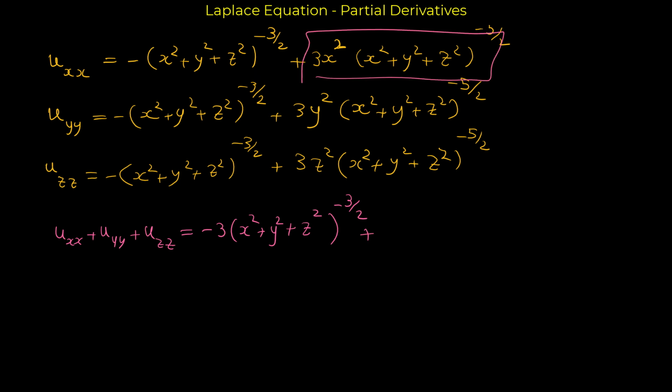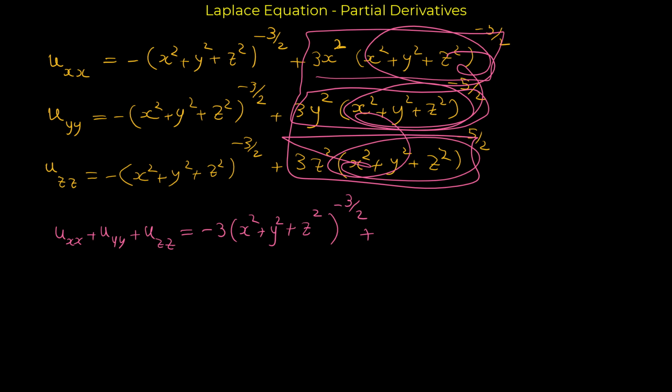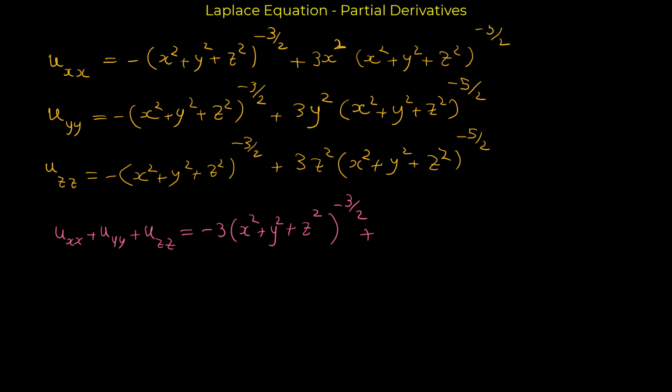To add this to this and this, this part is common between them. So we can factor that and we can write it as (x^2 plus y^2 plus z^2) to the power of negative 5 over 2 times